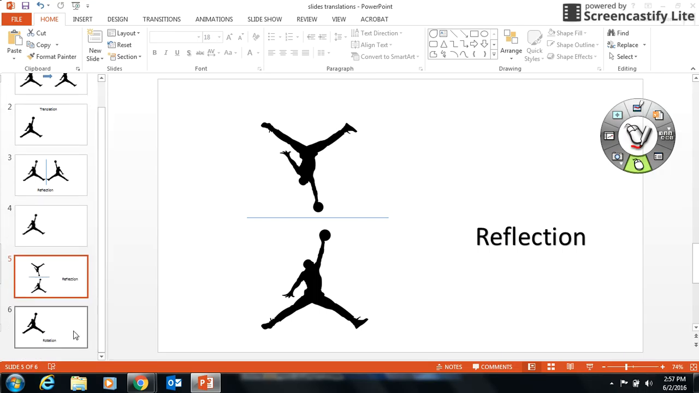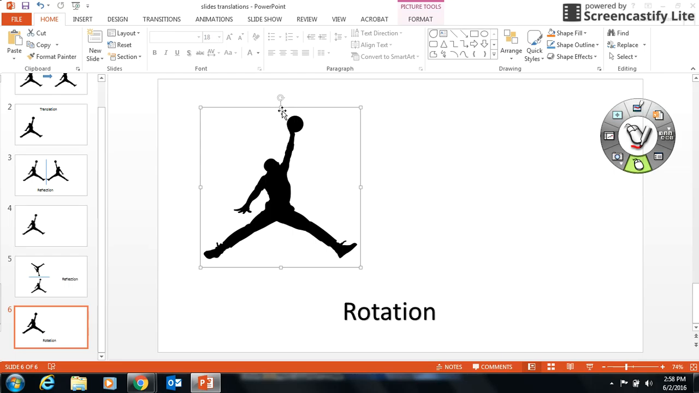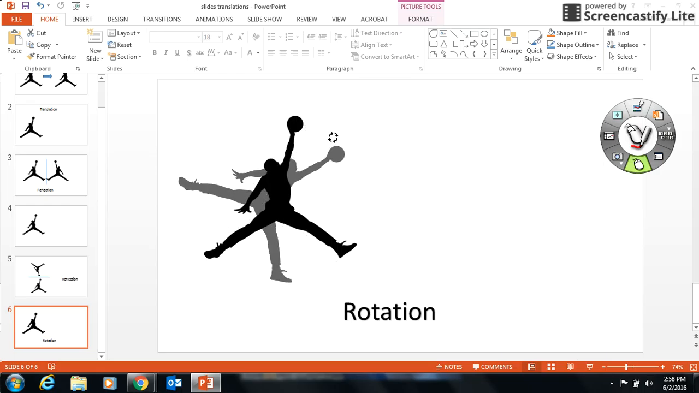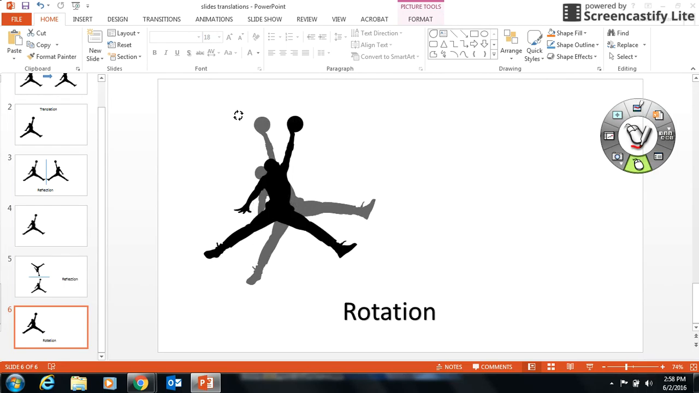And the last one is called a rotation. So here's my shape. And the rotation is exactly what it sounds like. You're going to rotate the image. So watch. I'm going to take this image and move it. I can move this Jumpman logo this way. I can do a 360 so it comes back onto the original shape. I can move it this way, backwards,